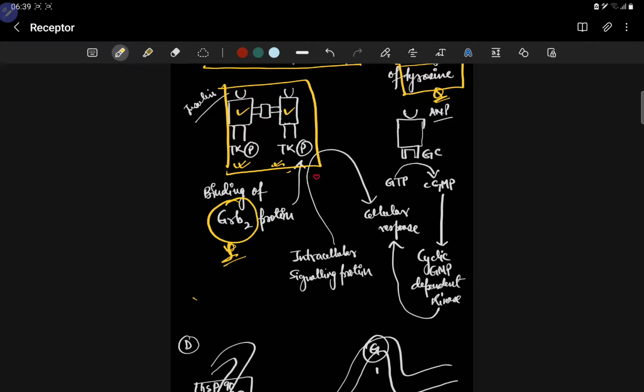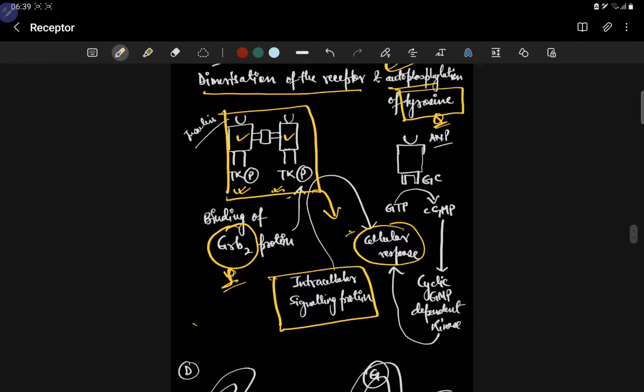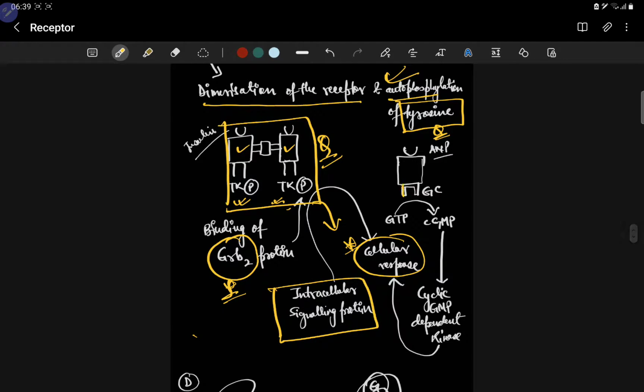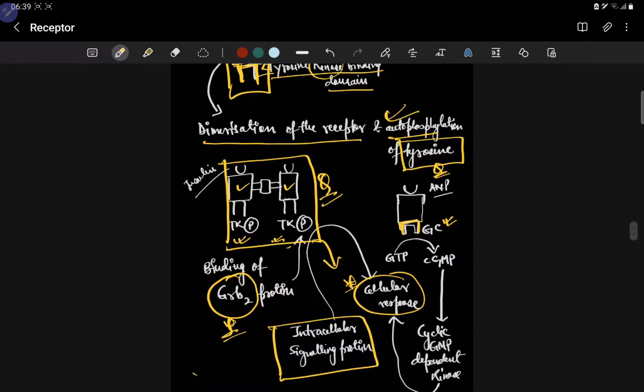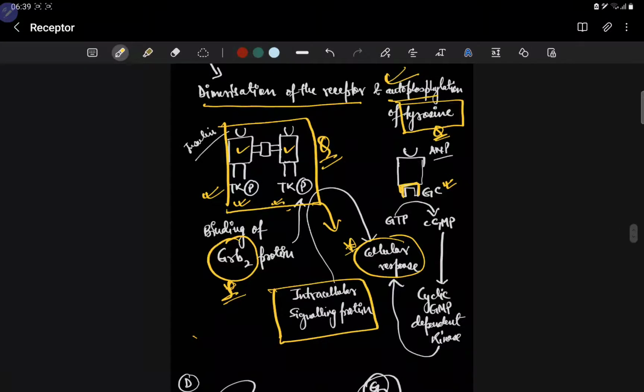and this enzyme complex will act on intracellular signaling protein, and it will convert it into a cellular response, okay. This cellular response is formed with the help of this enzyme complex. There are two enzymes in this, right? Now another thing, when we see this, it is tyrosine kinase, right? But when we see guanylyl cyclase, what does it do? It converts GTP into cyclic GMP, and